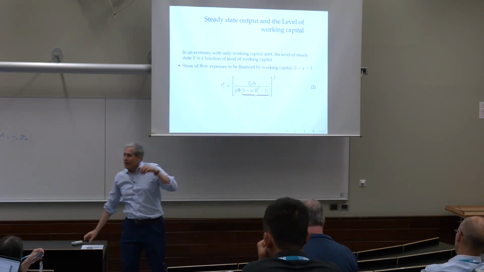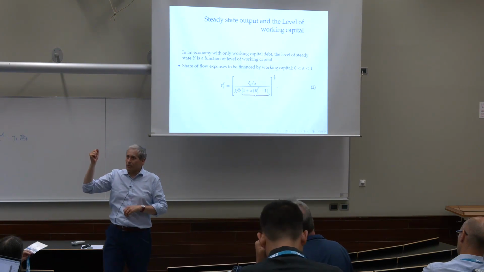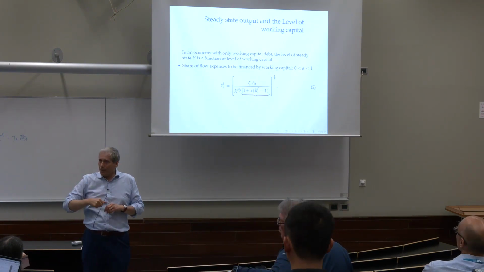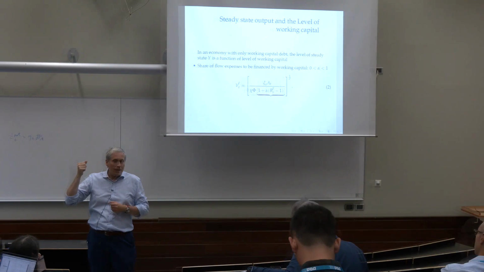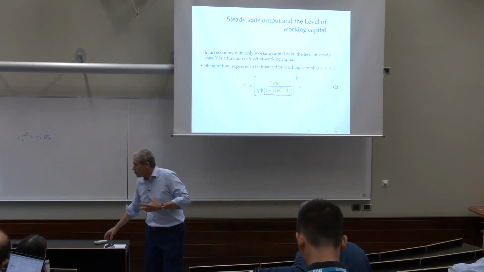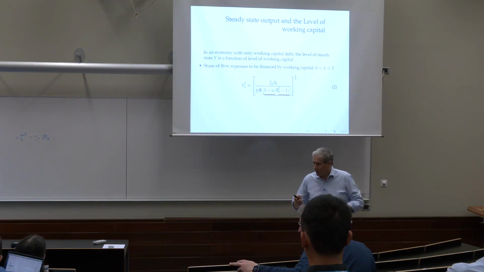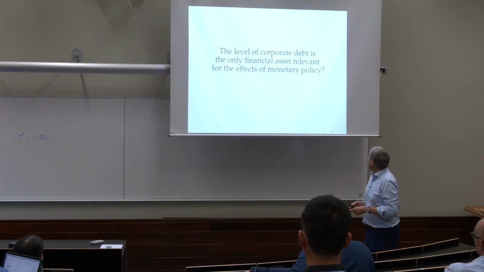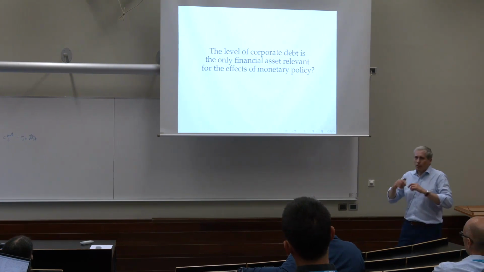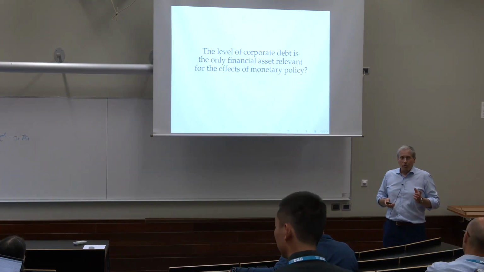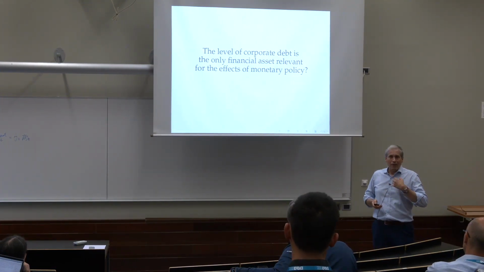And the lower is alpha, the higher is the steady state level of output. In the same way that the lower is corporate debt, the higher is the steady state. So this also is not a feature that is unique to having this corporate debt. You would also get it if you only had the working capital channel. Then we go to the dynamic model, and we also ask the dynamic question, well, is the